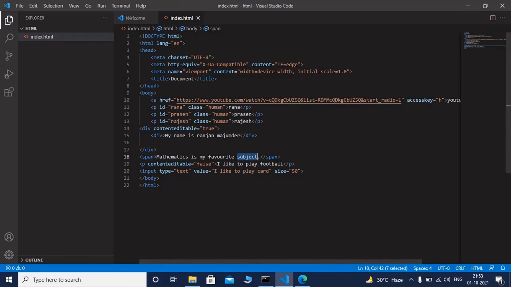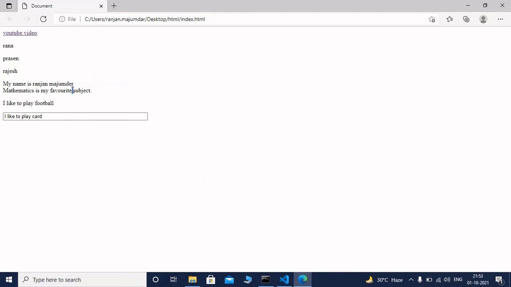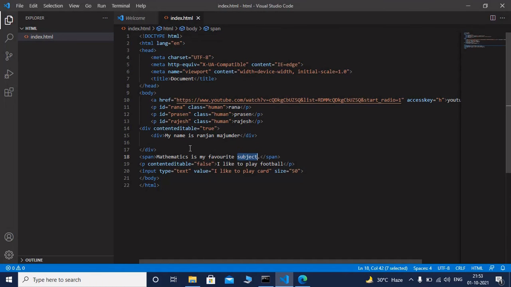I am saving it. If I refresh it, you cannot edit the content, because we all know that by default the content editable attribute value is false. Now if I write content editable equals true, then we can